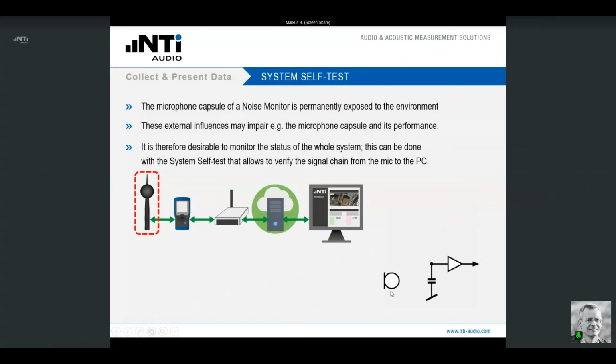Here we have the symbol for the microphone. A microphone, if we translate that into the electrical world, would be a capacitor. So the changes in the sound level would create a signal on that capacitor, which will be preamplified and forwarded to the rest of the system. Now, by adding a generator, which can be connected to that electronic, we can create a new situation where, as soon as we close this switch, we will know exactly how the system should behave.